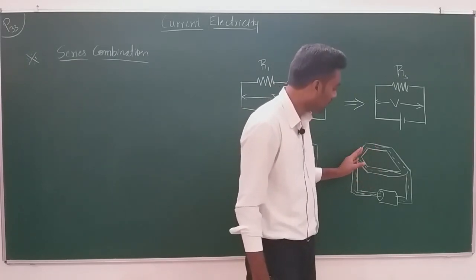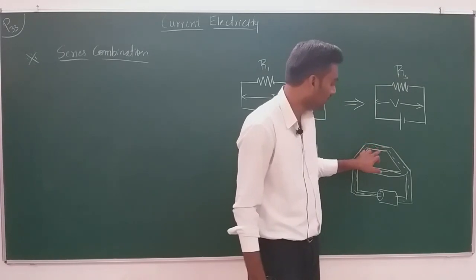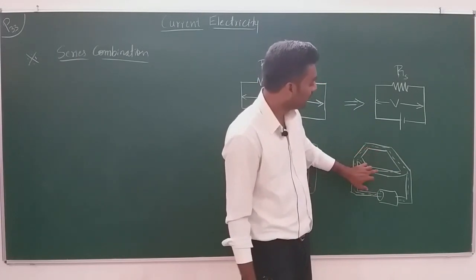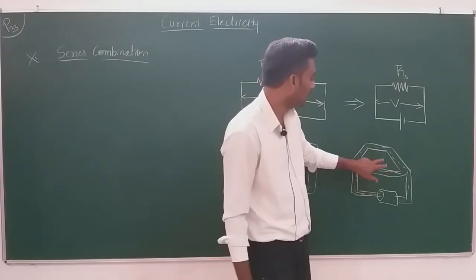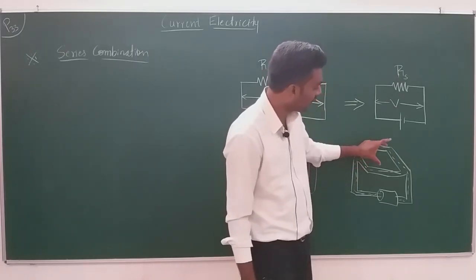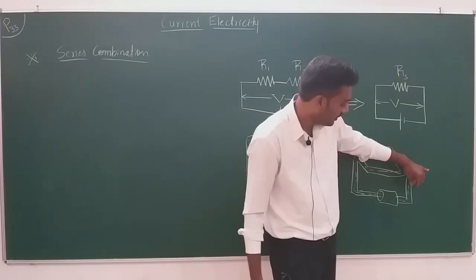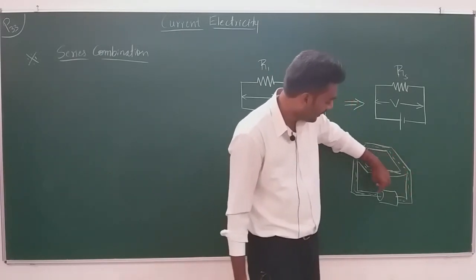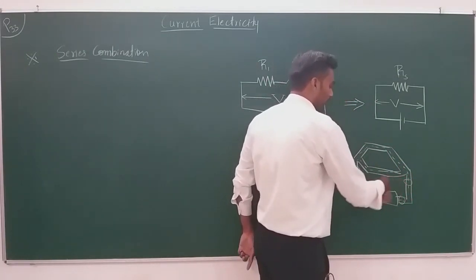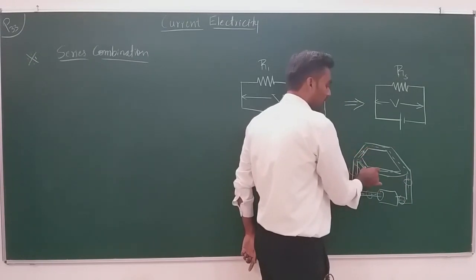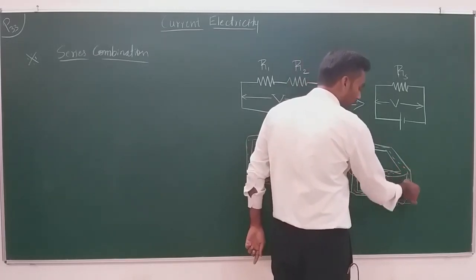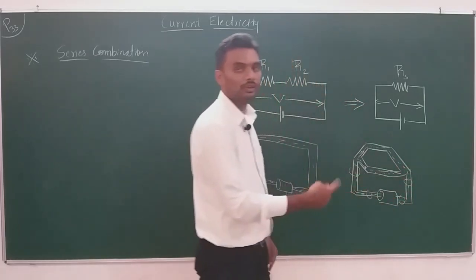So here you will have a certain amount of water flowing per second, and here you will have a certain other amount of water flowing per second, and hence the current at this position will not be the same as the current at this part of the pipe, because the water is split now. Now, they will combine with each other again, and when they come here, the current is the same as at this position. So here, here, here and here the current is the same, but here the current splits, and becomes two different values. Then they combine with each other and again become the same current. That is how current works.